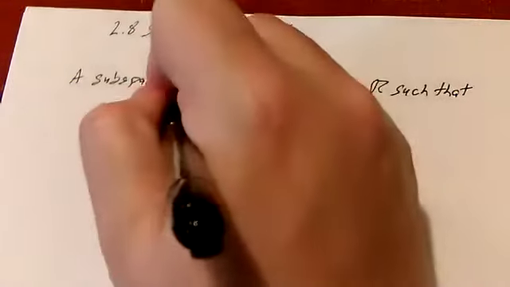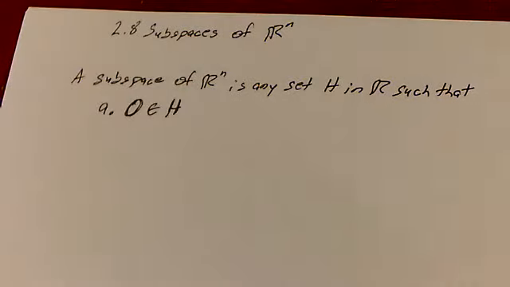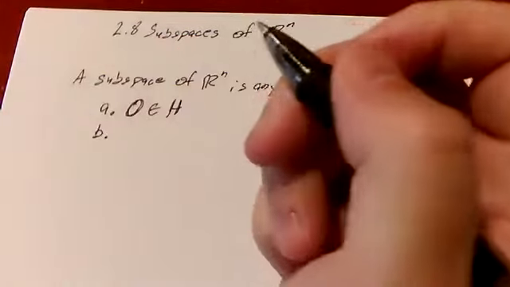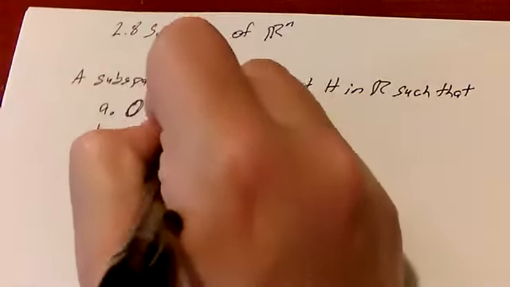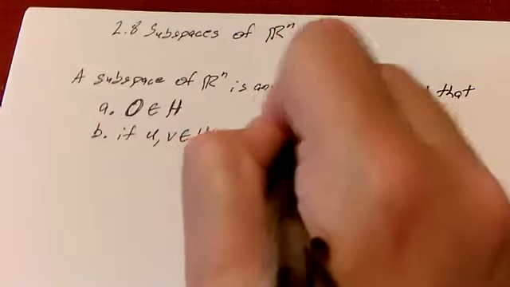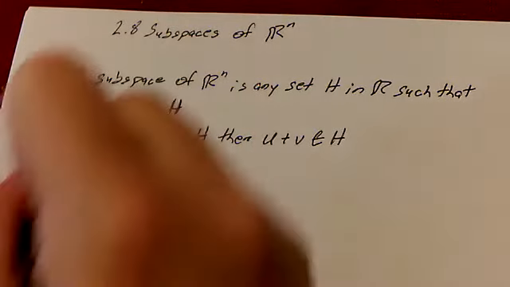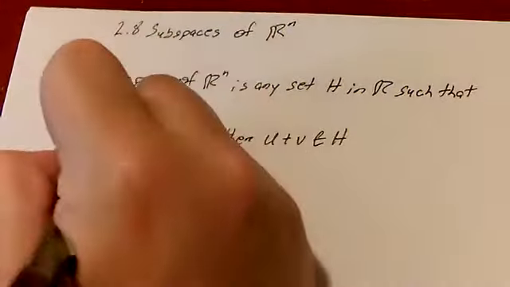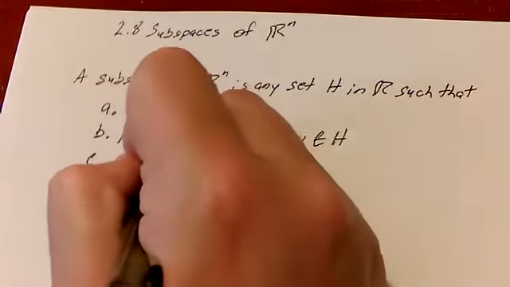Okay, that's the zero vector. Remember that E type symbol means is an element of. So the zero vector is in the set H. Okay. Condition 2, if U and V are in H, then their sum, U plus V, is in H. And then a third condition, if U is an element of H